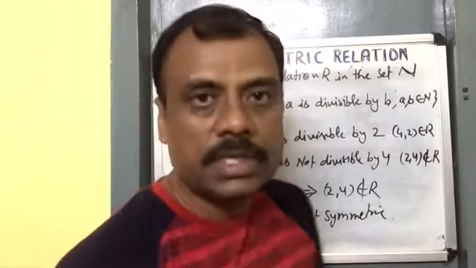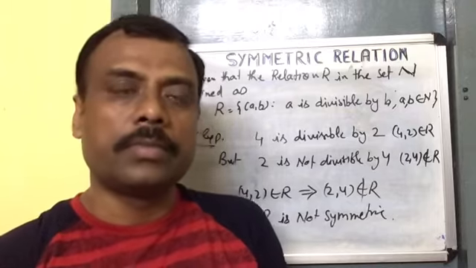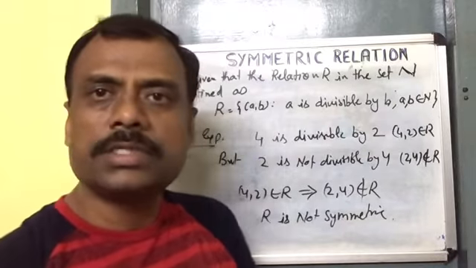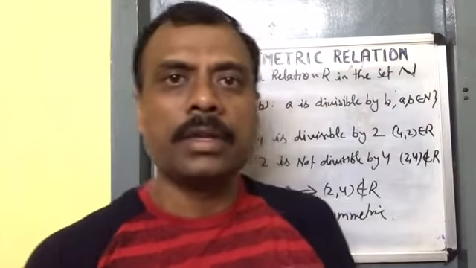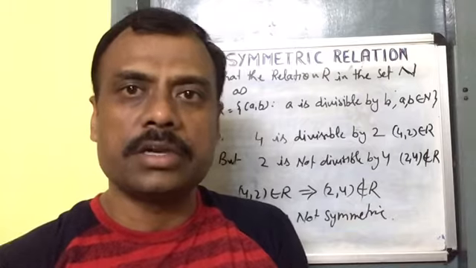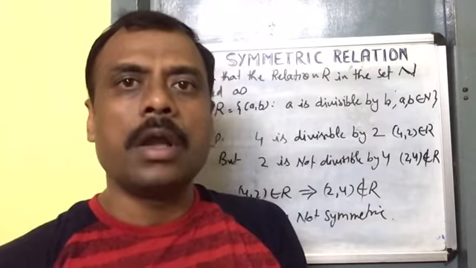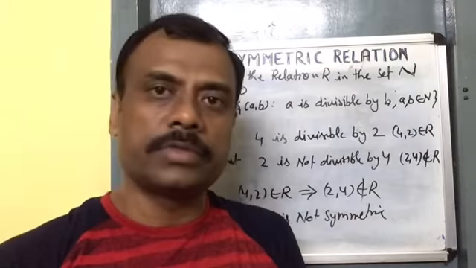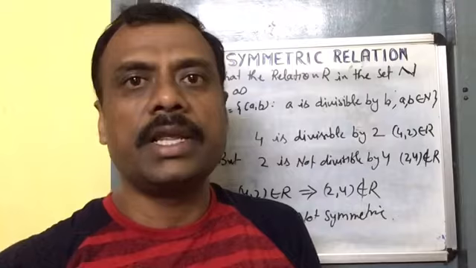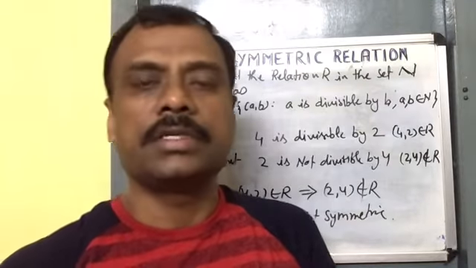It is sufficient to give one counter example which can prove the given relation is not symmetric. So in this way, if we are asked to disprove that the given relation is symmetric, we have to give one counter example, or to verify, we have to see if it holds for the general case, so we have to take a general element. In this way we can prove whether the given relation is a symmetric relation.